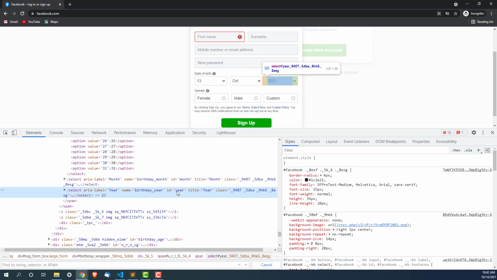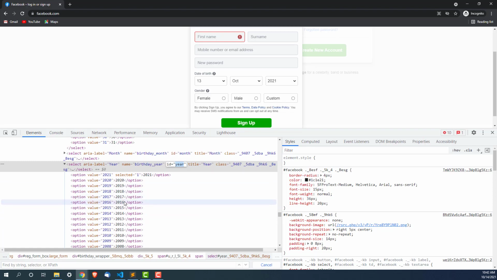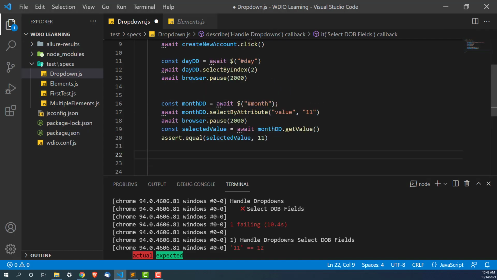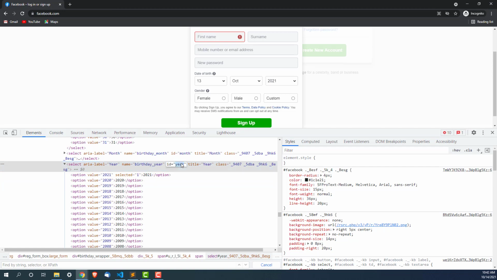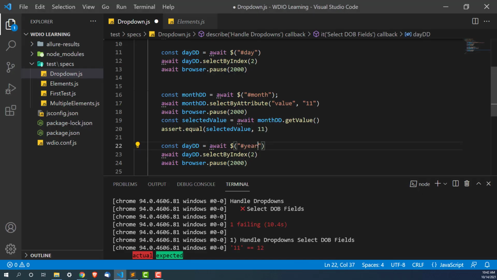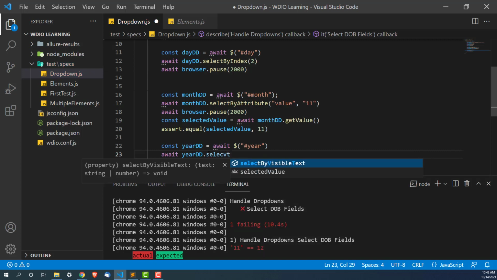Okay, for year also we have something called ID as year, and you can see all of this. Now select by value, which we are going to use now, focuses on the text. Okay, so let's quickly use this. Almost the same thing, we just need to change the variable name. Here ID is year, so I will change this to year, and I will say this is year drop down, year drop down,